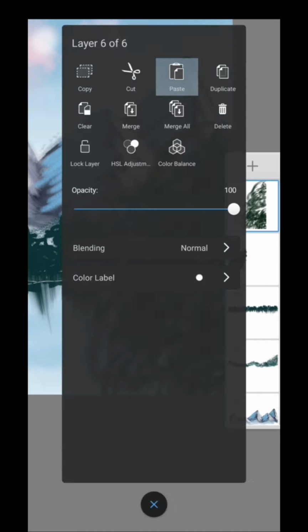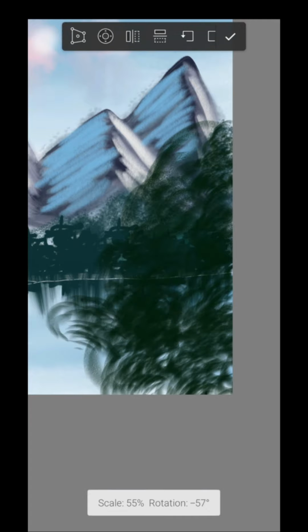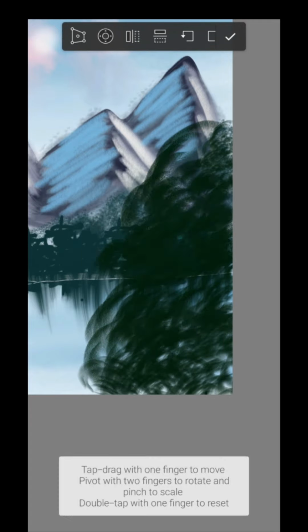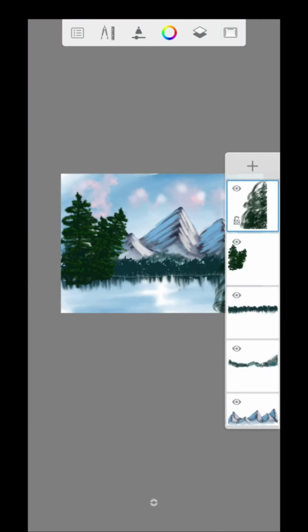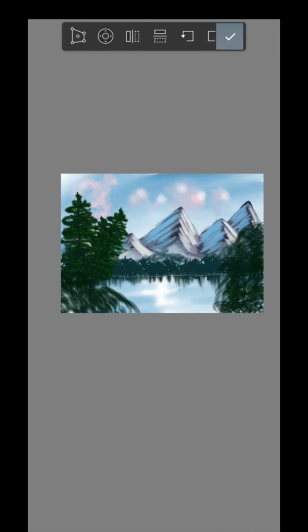Don't do cut paste. That will not work right here, just because we need our previous drawing also. So just do copy paste, not cut paste. That will be Ctrl C and Ctrl V.